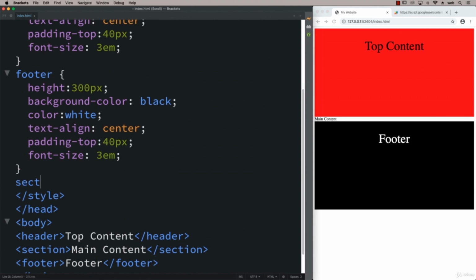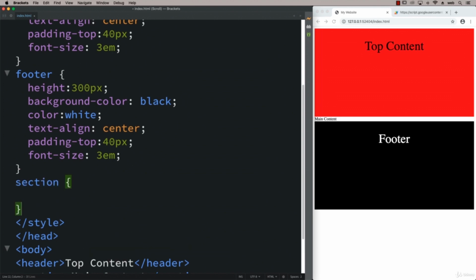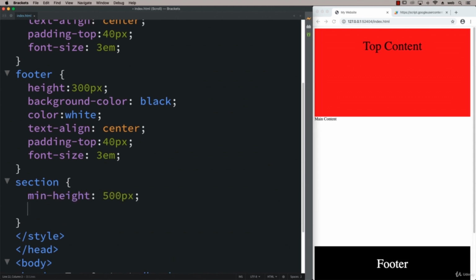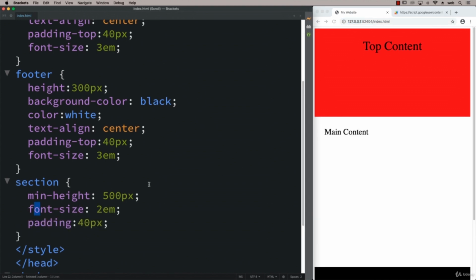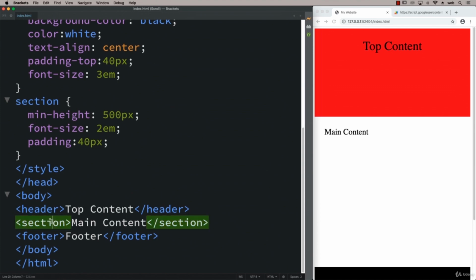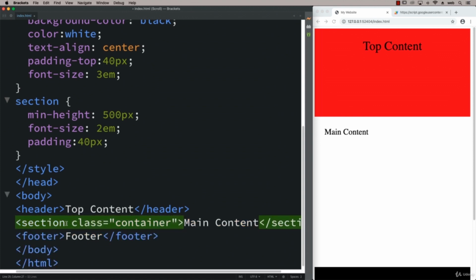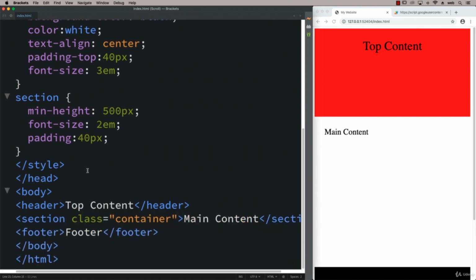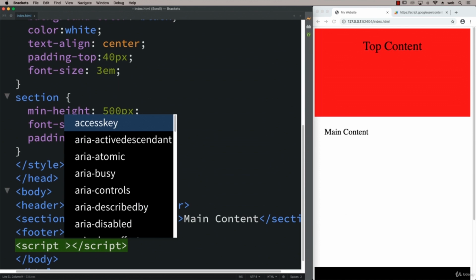And the main content is just contained within section. So we'll give the section some height as well. So it's got some minimum height, and there right away we already have the scroll bar there at the side. So that's good enough for the styling for now. And then we're going to be loading the content into this main section. So I'm going to give it a class of container, so that using JavaScript we can select this particular section in case we add additional sections into the project. And then lastly, let's link out to a script file and have a source, and then we'll create the script